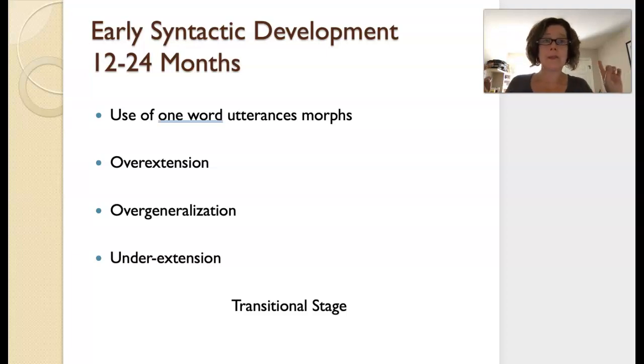And then underextension is where they only use one word for one thing. So they might call their family dog, dog, but not realize that dog is the general term and Biff is the actual name of their family dog. Okay, so this is